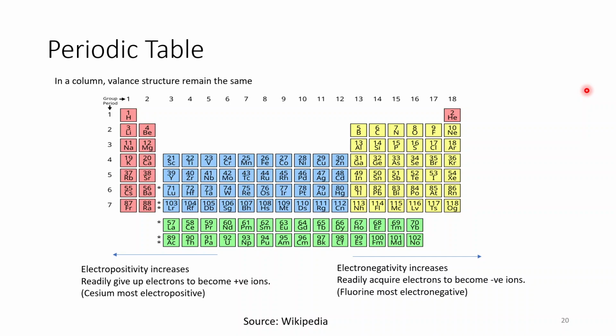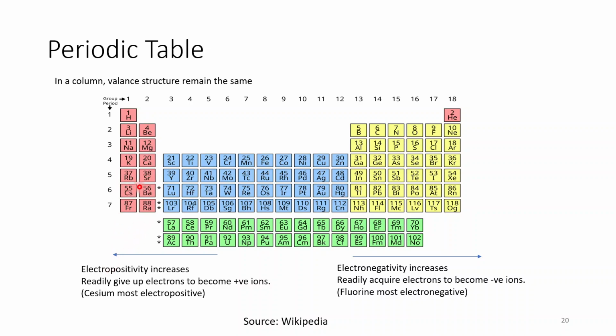Now next is the periodic table. We know that when you go along the columns you see the valence structure remains the same. So, for example, the first group has one unpaired electron in its outer shell, and in beryllium, magnesium, calcium you have two electrons which are paired. Because of the similar electron structure, valence structure, they have similar properties,